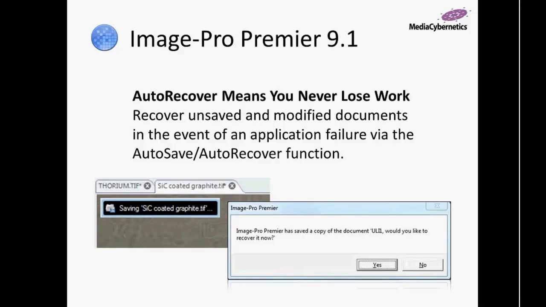Definitely a message you don't want to ignore. Make sure you hit the yes, and then it will recover all the files that it's been saving out temporarily. Really excellent feature for anyone using software, something that hopefully you won't have to use, but if you do, you'll